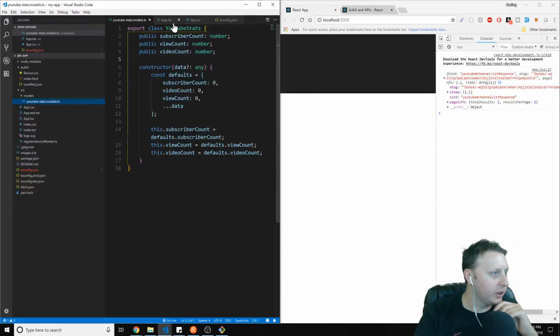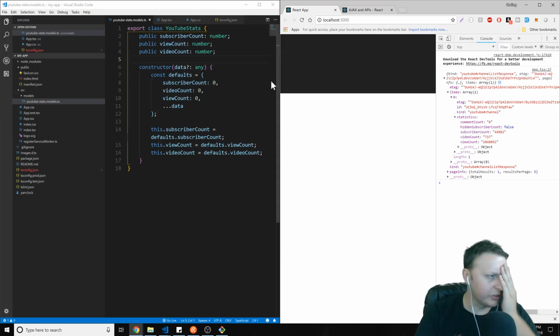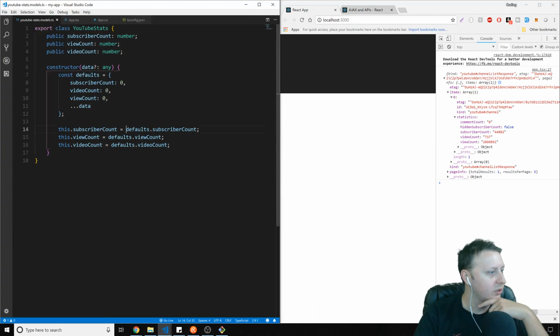All right. So now that we have this, what we wanted to do originally was convert this stats right here and get these values in here. God, these are actually strings. So what we're gonna do is, I want them to be